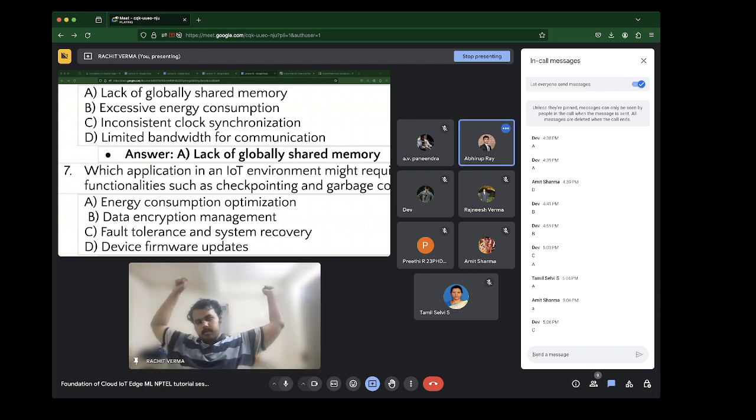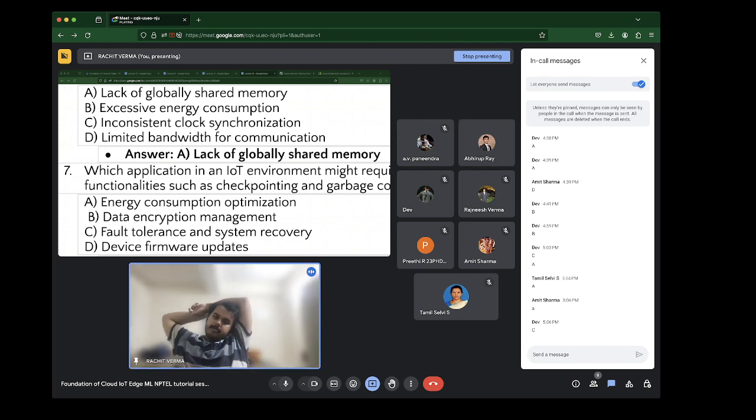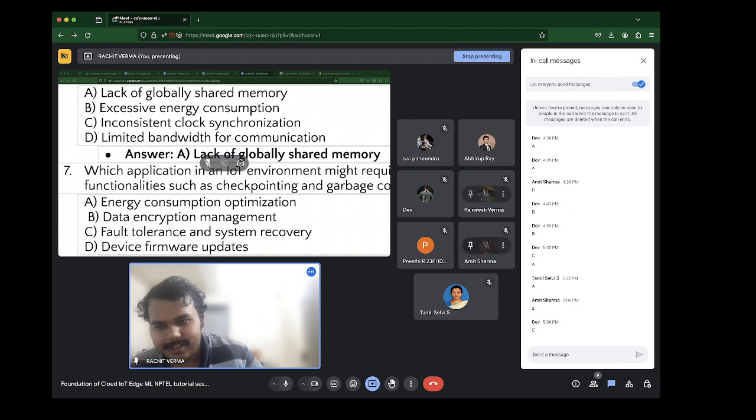So, checkpointing. You don't need to store various states the way you would in a checkpoint when it comes to energy consumption optimization. If you're a computer science student, when you think of garbage collection, you think of something like Java. Okay, I see. What is checkpointing?